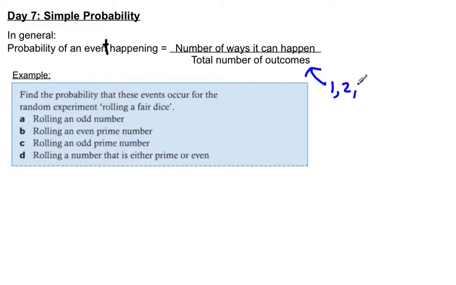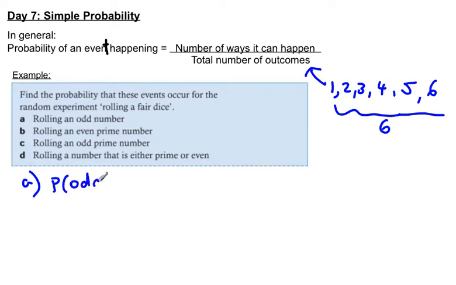I can get a 1, 2, 3, a 4, or a 5, or a 6. There are 6 possible outcomes. Okay, so we want first of all the probability of getting an odd number. The odd numbers here are 3, 5, and 1. So there are 3 ways I can get an odd number out of 6 possible outcomes, and that's the same